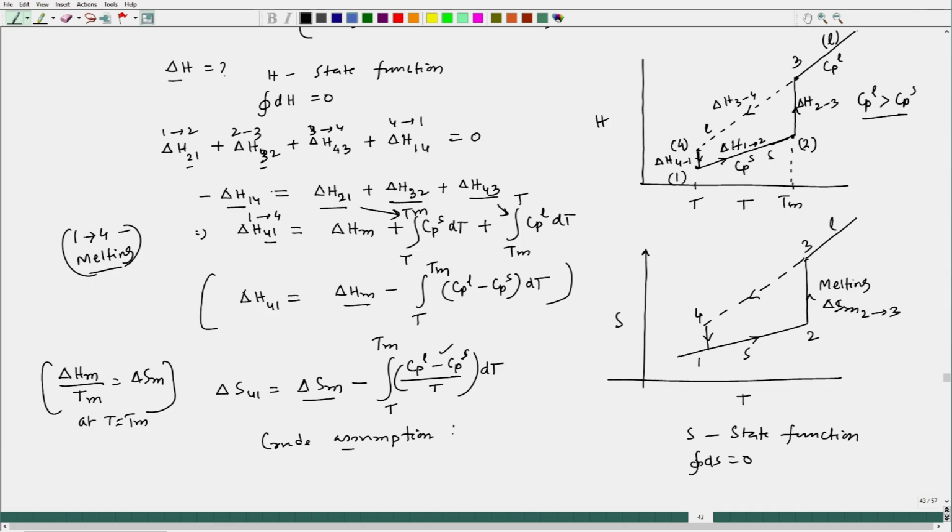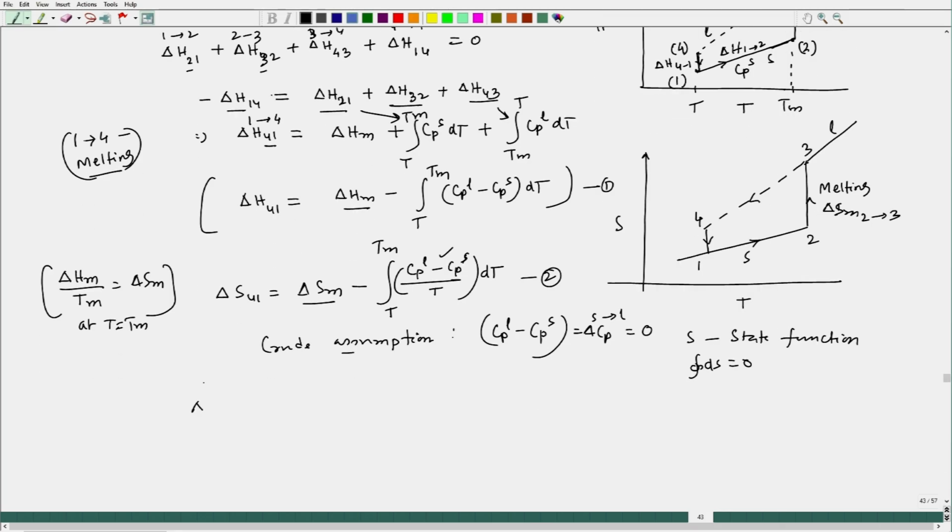Instead of that, I can make an assumption that Cpl minus Cps, which is delta Cp solid to liquid, I am assuming that this value is 0. That means both have the same value over the temperature range we have considered. So if I take that consideration, then let us say this is one equation, this is second equation, both the equations